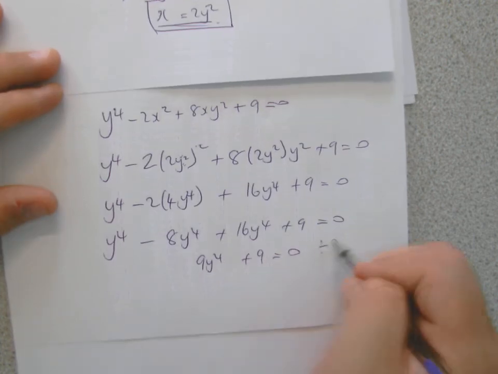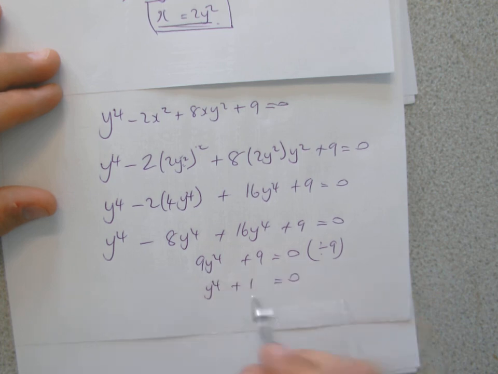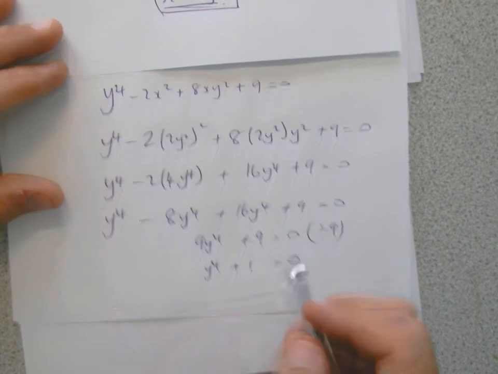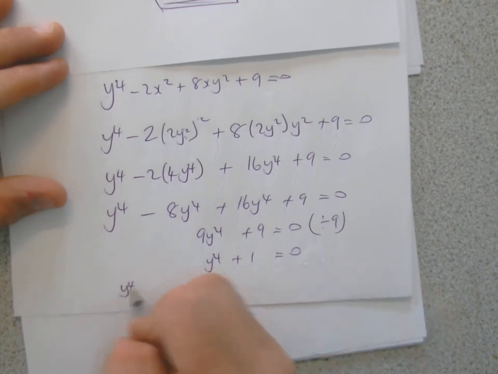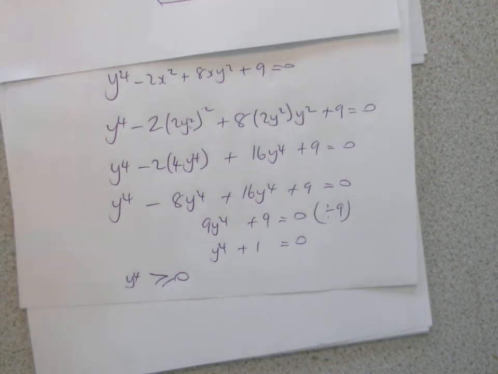You can divide by 9, so y to the power 4 plus 1 equals 0, and that's impossible, isn't it? You can't have that, because y to the power 4 must be greater than or equal to 0. It's like squares, a number that's squared has got to be positive. Well, a number to the power 4 has got to be positive, because y to the power 4 is